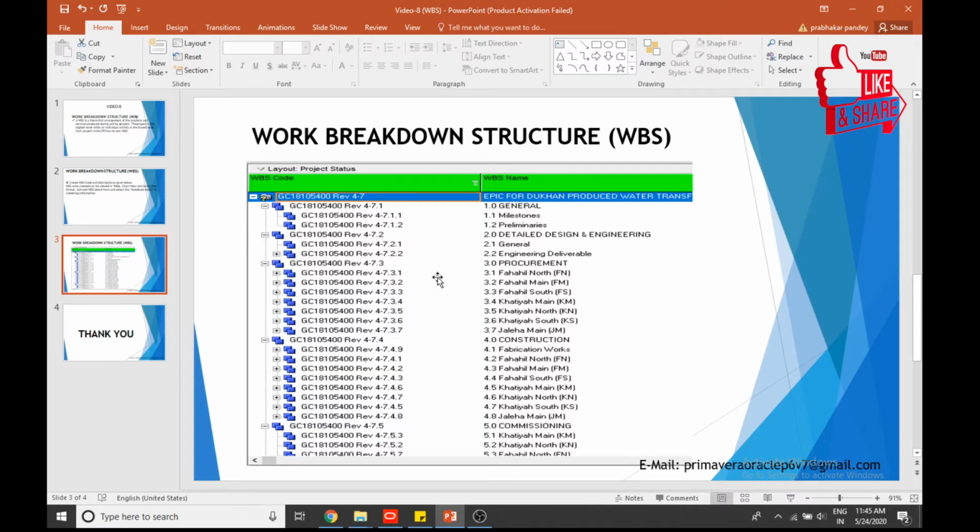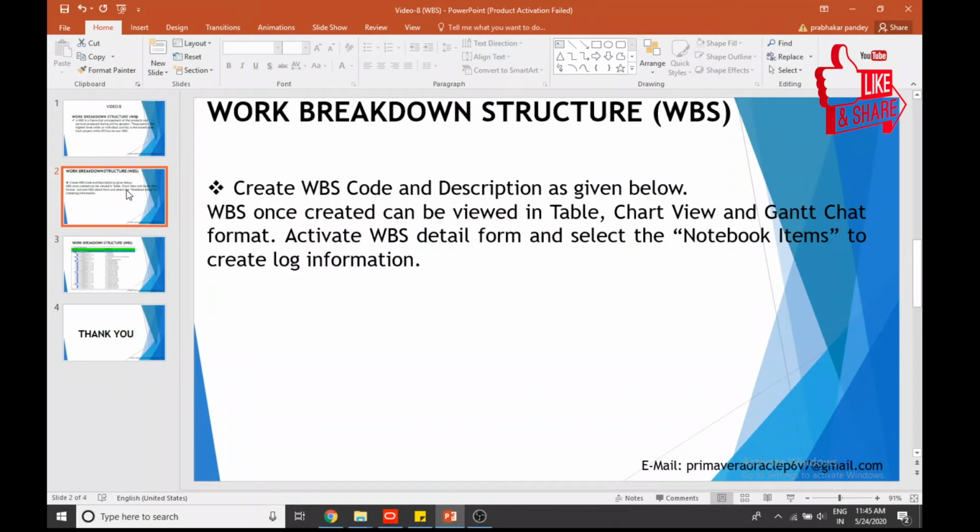There are a lot of sub WBS also, area wise, like file north, file main, file site, like that. So these are the WBS of a particular project. Once we create the WBS, it can be viewed in the table, Gantt chart view and chart view format. Activate WBS in the notebook items to create the information log.